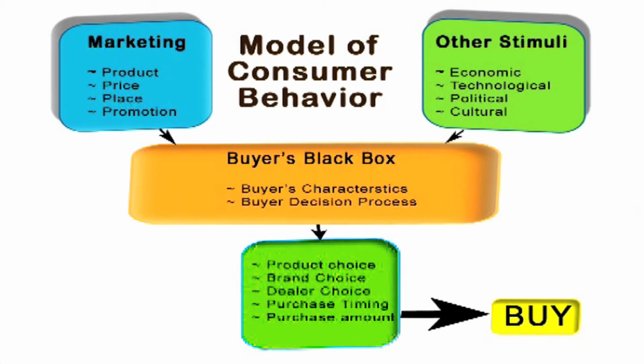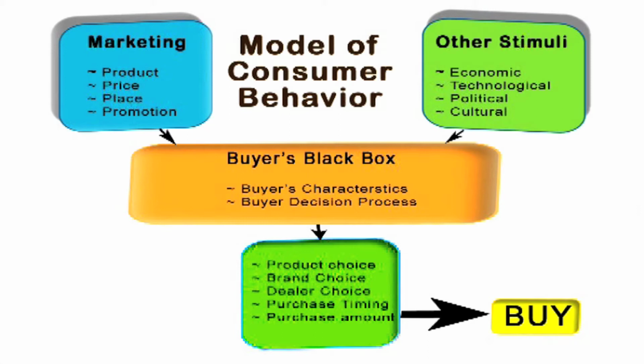The marketing mix and other stimuli result in the buyer's black box. The marketing mix consists of product, price, place, promotion, and the stimuli factors include economic, technological, political, and cultural. These result in the buyer's black box, which consists of the buyer's characteristics and the buyer decision process, leading to product choices, brand choices, dealer choices, purchase timing, purchase amount, and finally